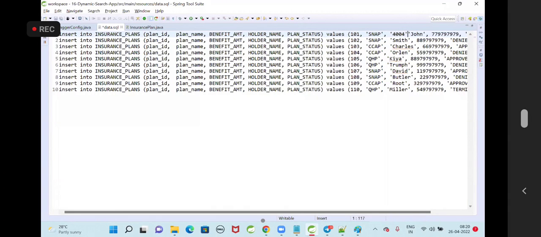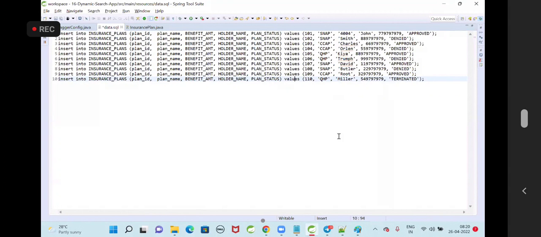I have prepared my queries here. Let me minimize this. Order of the columns: plan ID, plan name, benefit amount. $400 I'm taking here. $400. Here I'm going to take as $300. Here let me take it as $350.